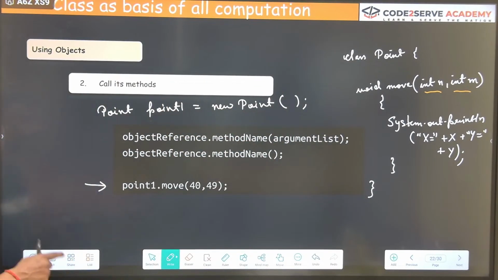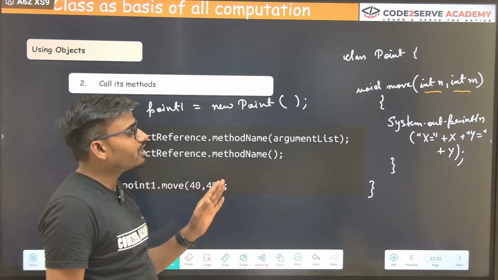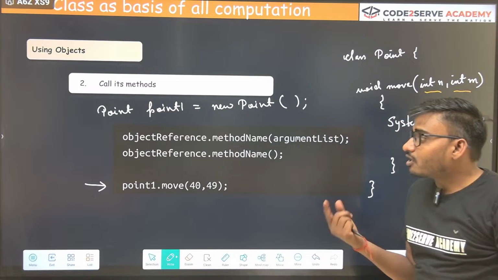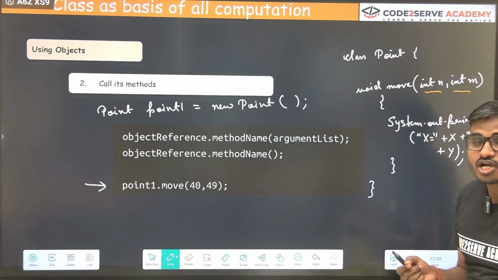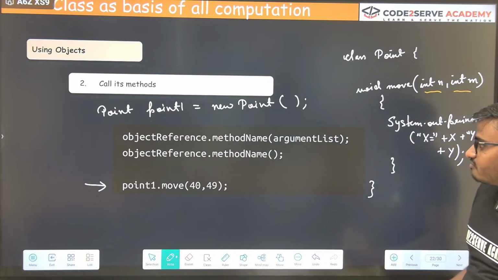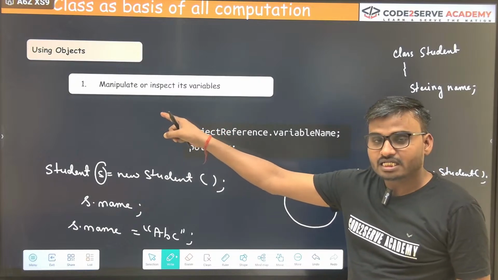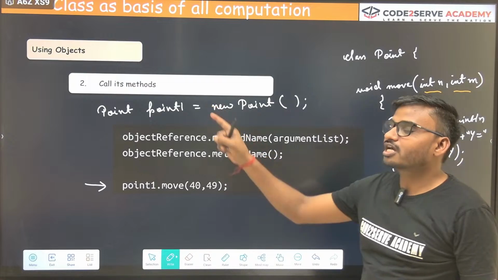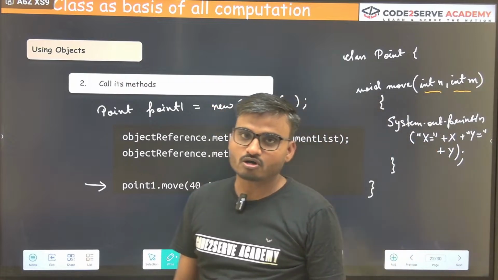So you have learned now how we can use the object, and you can now say that using an object we can do two things. First, we can manipulate the variable or inspect the variable, and the second one is we can call its method. All right,